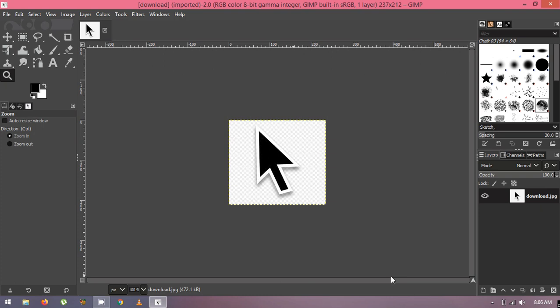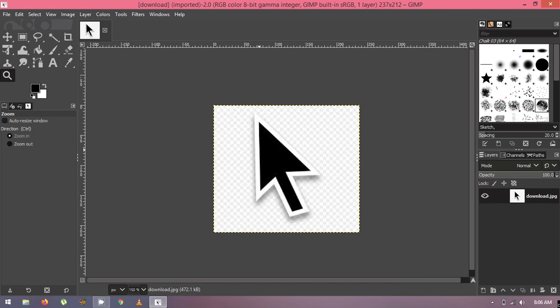Next tool is crop tool. Crop tool can be used to cut only the part of desired image. It means that you have one picture. From the picture you want only some portion. So by using the crop tool, you can cut your desired portion, and the rest of the portion that will not be selected will be erased.